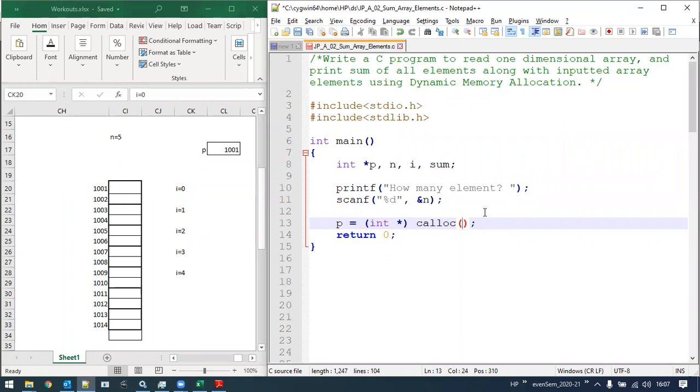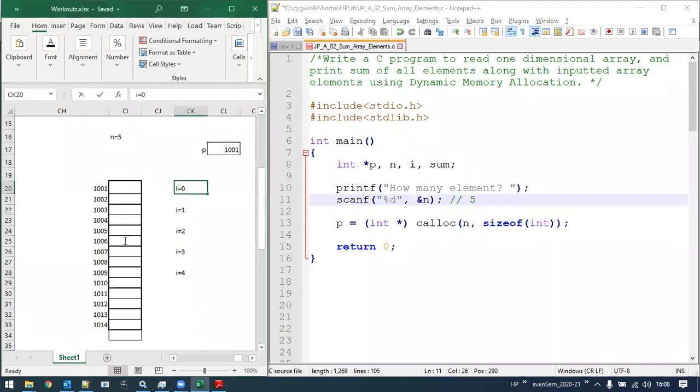Two parameters, right? The first one is the number of elements we want to store, that is n, and every element is going to be the size of an integer. So sizeof(int) will be the second parameter. Based on the number we enter, the memory blocks will be allocated.